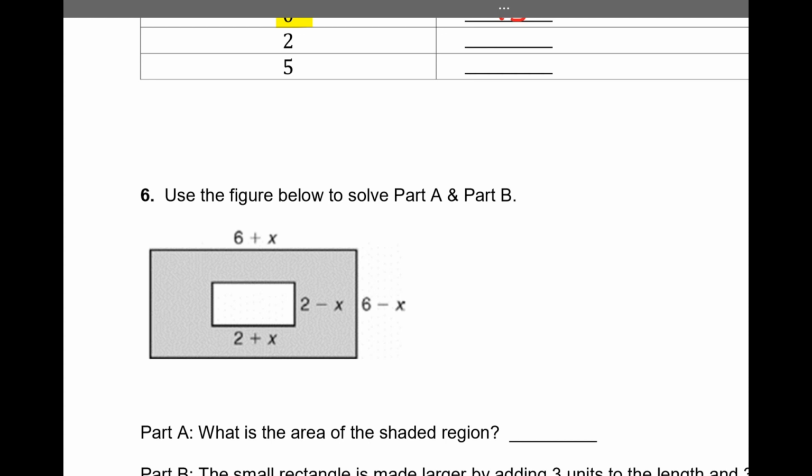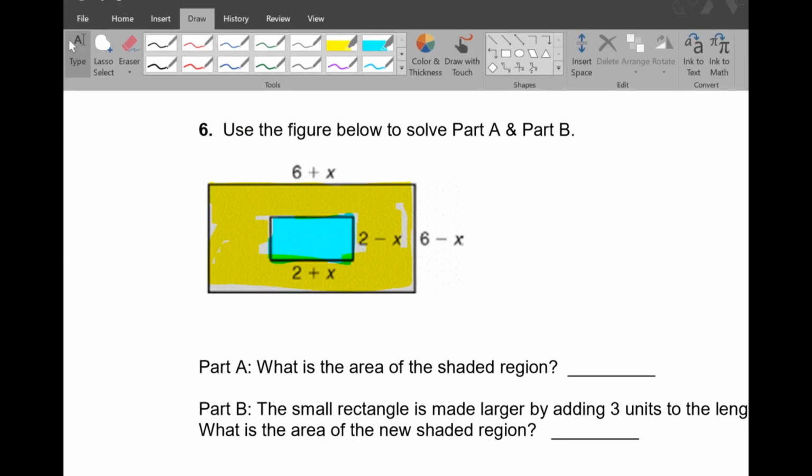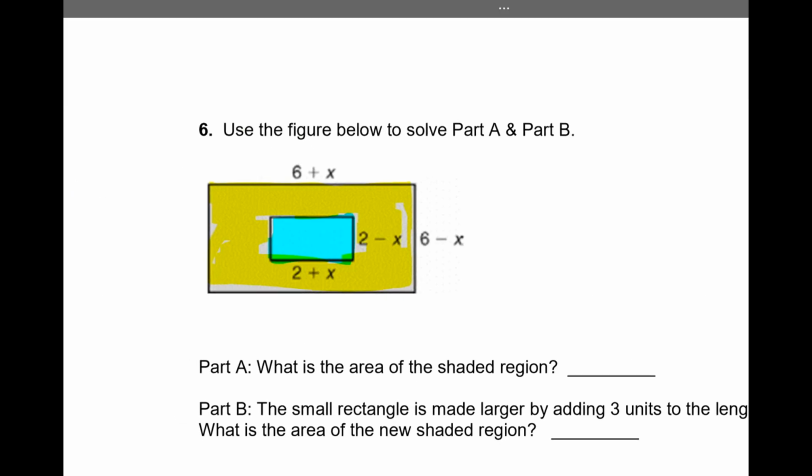So the area of the shaded region, it just wants this area right here. It does not want that white piece right there, which I'm going to highlight blue. So it doesn't want this area. It only wants the little yellow area, the shaded area. Okay, and just so you know, area is length